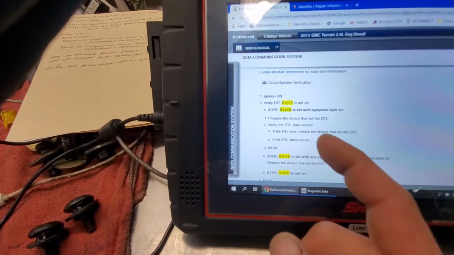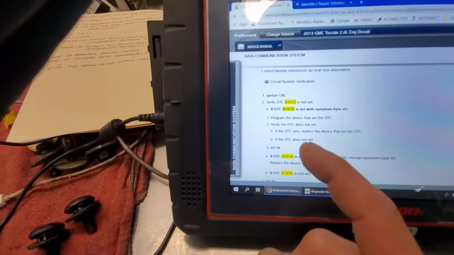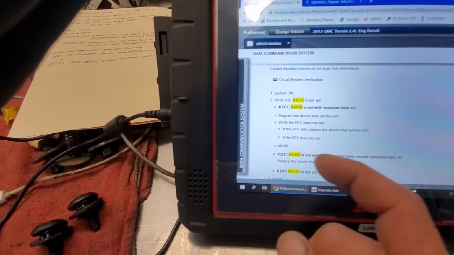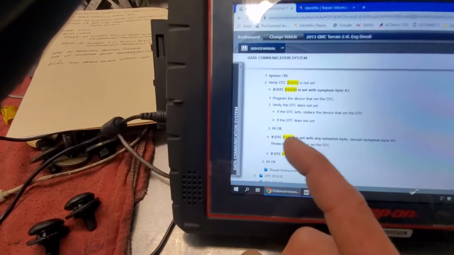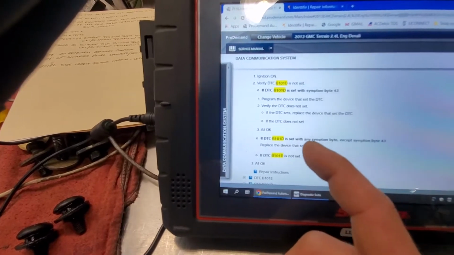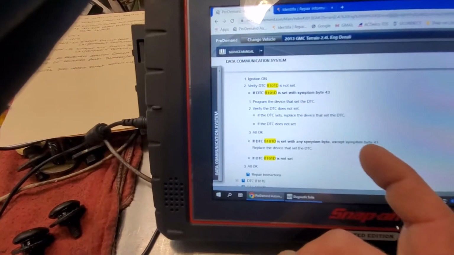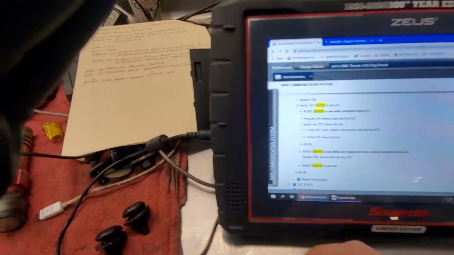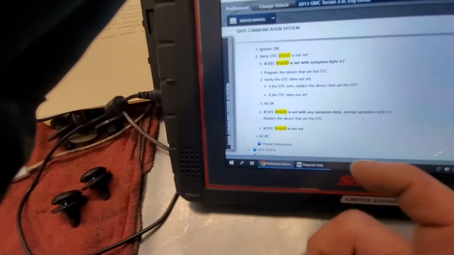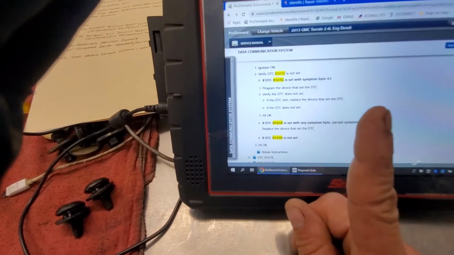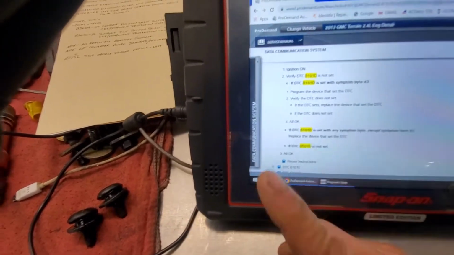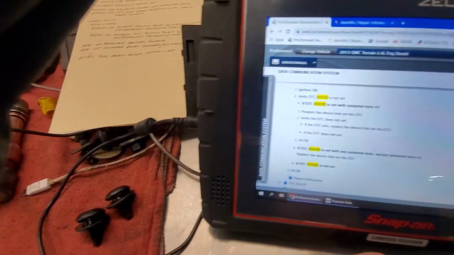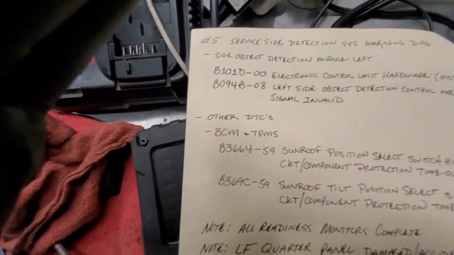If the DTC sets, replace the device that set the DTC. If the DTC does not set, all okay. If the code is set with any other symptom byte except that 43, replace the device that set the DTC. So it's pretty straightforward. It's basically a bad module. Okay, but not necessarily. It could have lost power and ground and set this DTC, but given that we have that